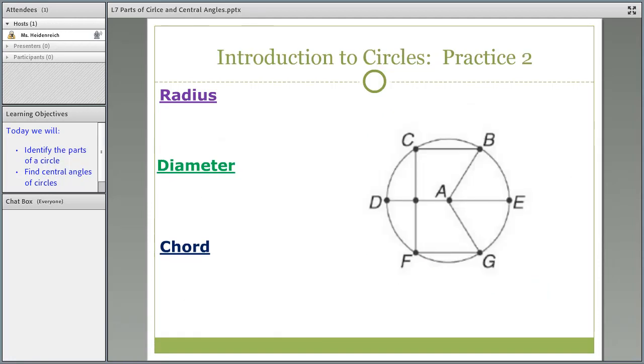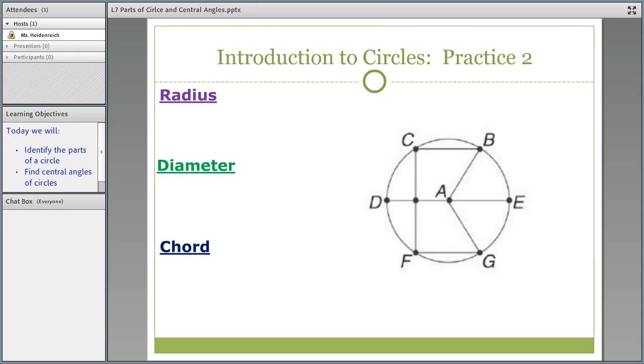Okay, and then lastly we have these practice problems. This one looks a little bit different, but you can still find a radius, you can find a diameter, and you can find a chord. So I want you to, on a piece of paper right now, if you don't have one, pause the recording and go get a piece of paper. And I want you to write down an answer for each one of these